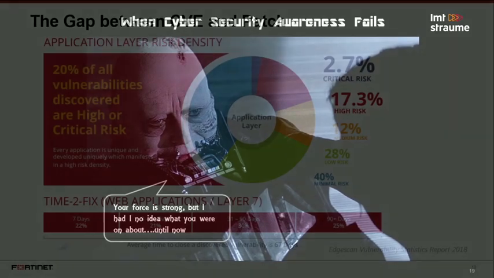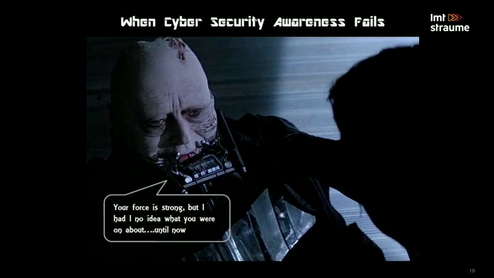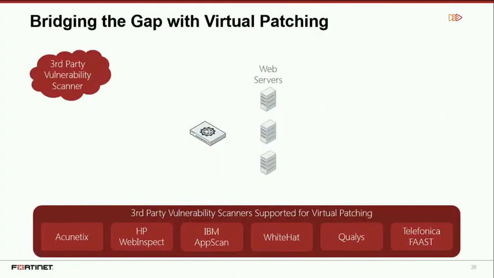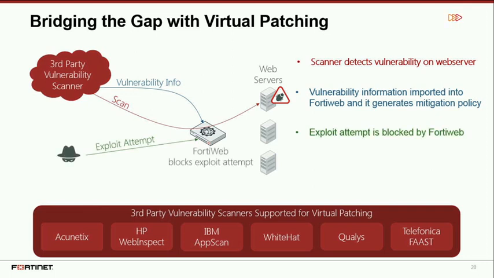Afterwards, if something happens, like I see in these cases, when I return to the same customer, they are surprised that, hey, you were right. But normally something has to happen before there is this revelation that we need to do something else. So you were right, our firewall wasn't good enough, but it has to happen and it has to be proven that it happened. So vulnerability scanning, for example, is really, really simple. Scan the application, deliver the information to the WAF, and then you are patched. If somebody tries to use that vulnerability against you, is it Drupal, is it WordPress, if it's something else, Oracle, this works. This is super simple to do, but again,